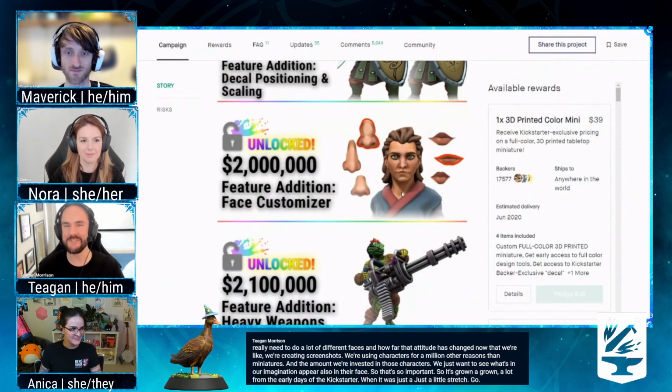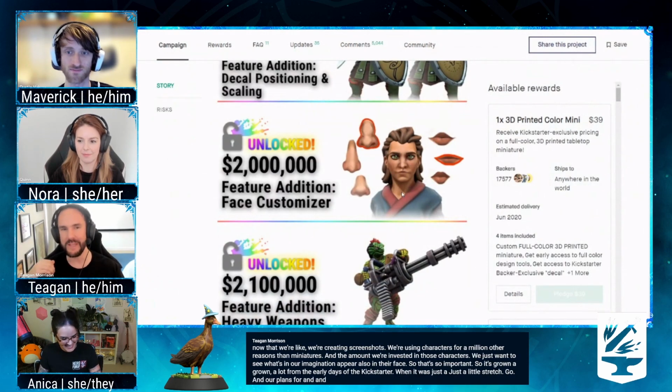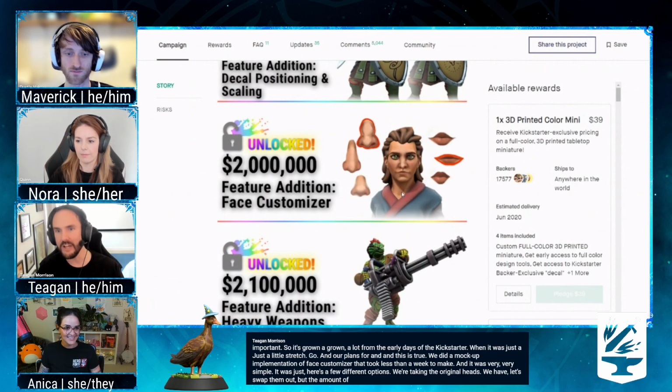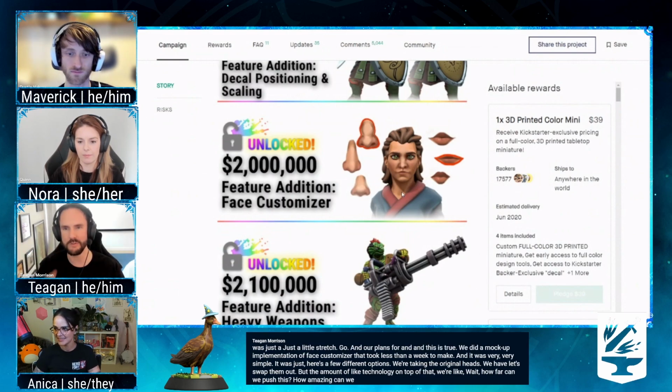And our plans for it, and this is true, we did a mock-up implementation of Face Customizer that took less than a week to make. And it was very, very simple. It was just, here's a few different options. We're taking the original heads we have, let's swap them out. But the amount of technology on top of that, we're like, wait, how far can we push this? How amazing can we make this? How much control can we give you? Went so much further